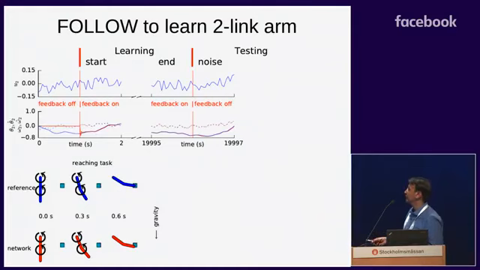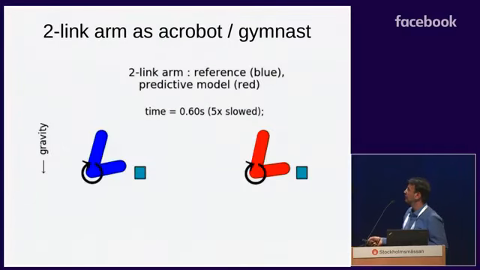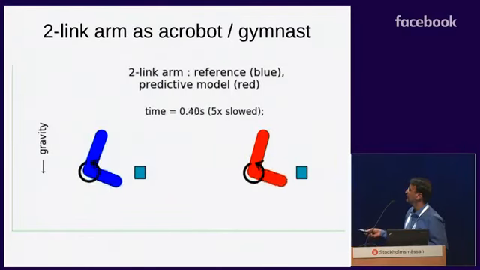And now, if you were to give some torques to the reference arm to make it reach the sine square, and you give the same to the network, it repeats. So this is with feedback cut off. Even then it follows exactly what the reference is supposed to do, as in it predicts the reference. Similarly, you can have an acrobat-like task where only small torques are given at the elbow joint, like at the hip joint, and you can reach the sine square only by swinging and not directly. And there also, the reference is in blue and the predictive model is in red.